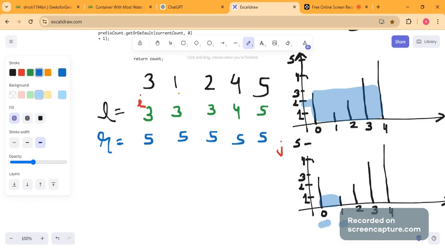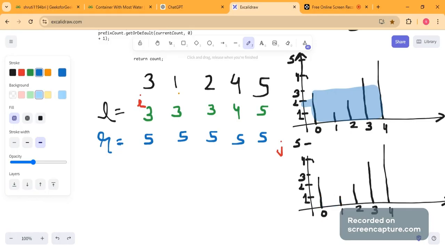So for example, if we want to use this particular line and this particular line, we will be able to store only 2 into 2, that is 4 units of water, because although the length of this line is 4, we will be able to hold only this much water, because it can support only this much water. The rest will overflow, and we don't need to consider that. Okay, so in that way, we need to calculate the maximum amount of water that can be stored between two